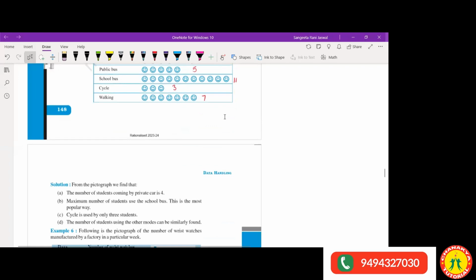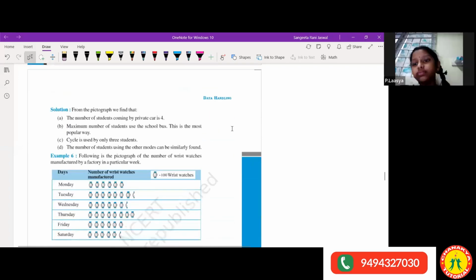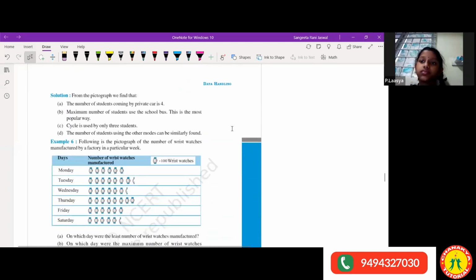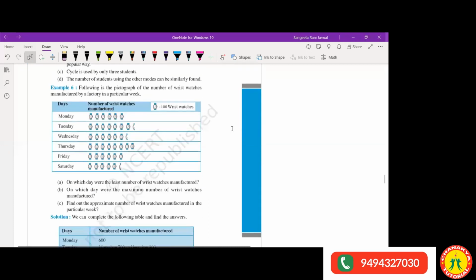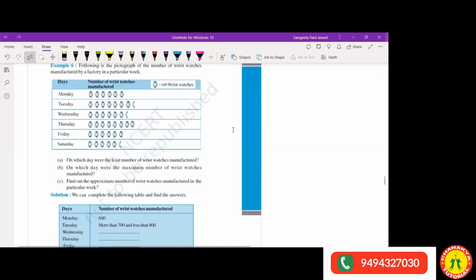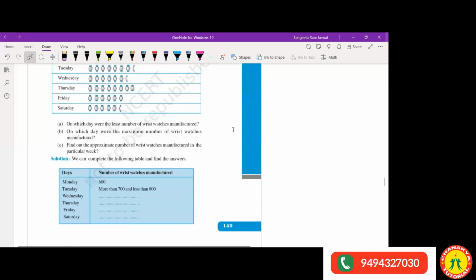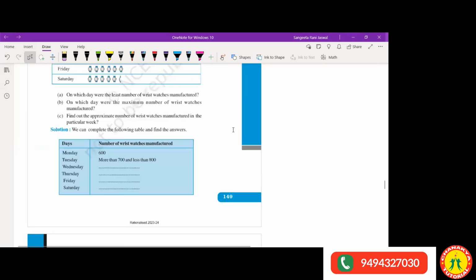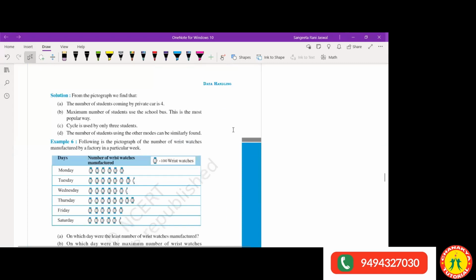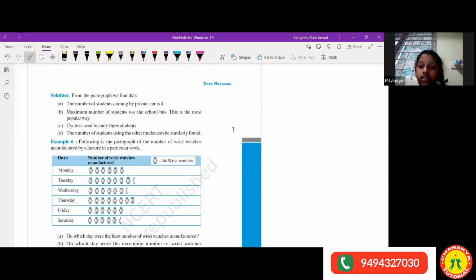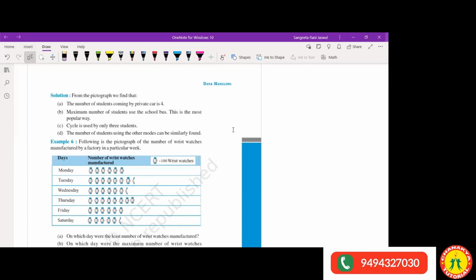Can we go to the exercise? Yes. We've got only one exercise here. This chapter has only one exercise, so it's better if we do the examples also, so that you will have a good practice of this. There is only one exercise which we'll be able to do.